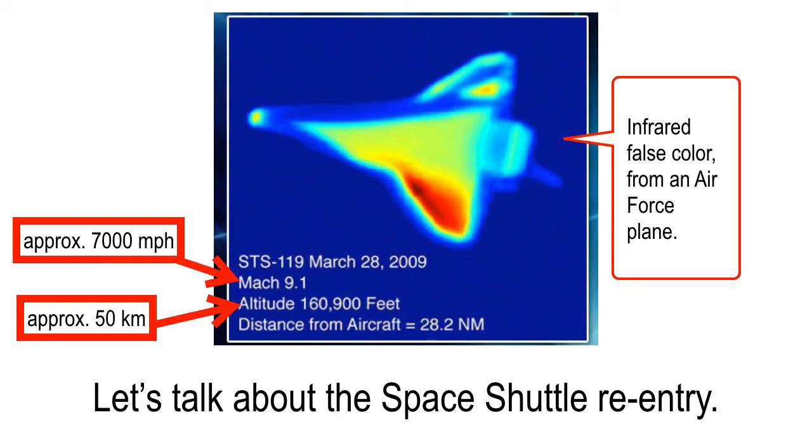We also have a speed, 7,000 miles per hour approximately. So we've got some kinetic energy. All right, and that's at the same time. So from that, we can figure out the total mechanical energy of the space shuttle at this point on its orbit.